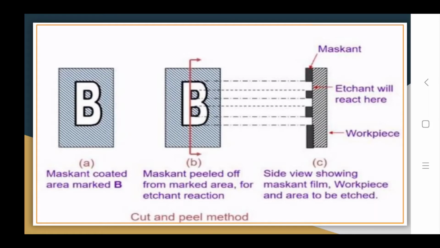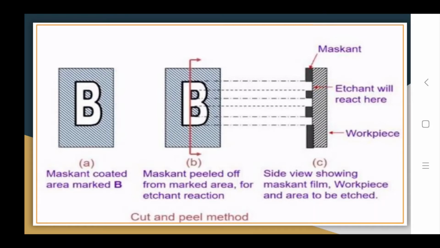In the last figure, the maskant layer is there, and the etchant will penetrate and start removing the material at these places, correct, because there is no maskant. So a chemical reaction will take place between this etchant and the workpiece material, correct.